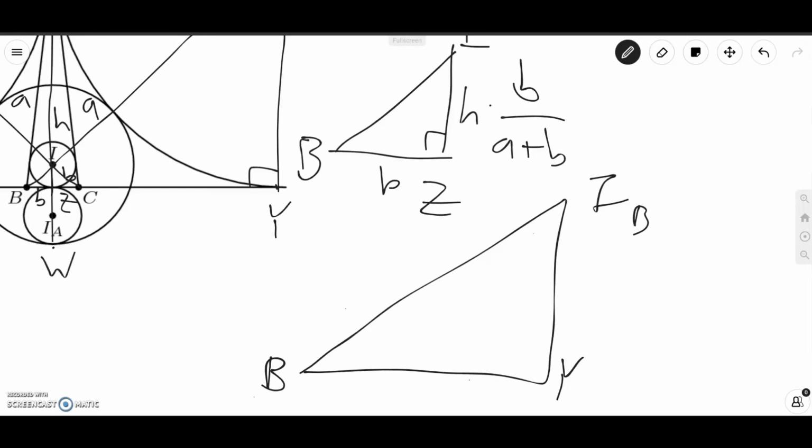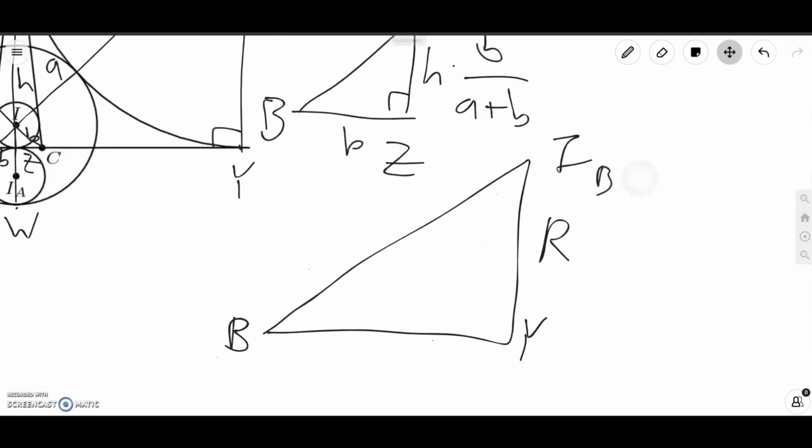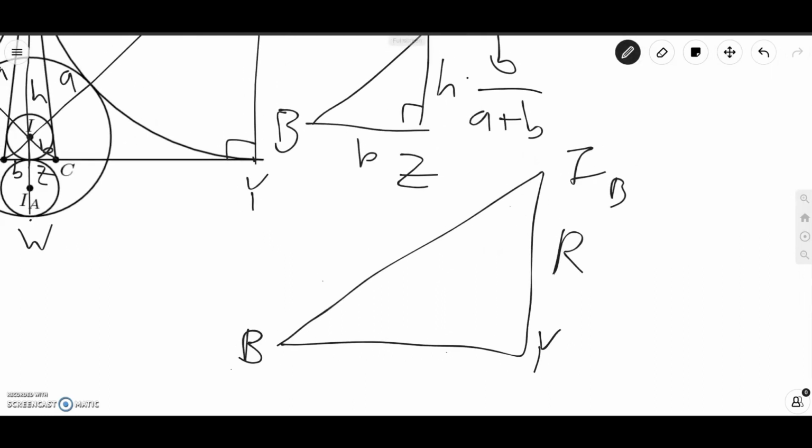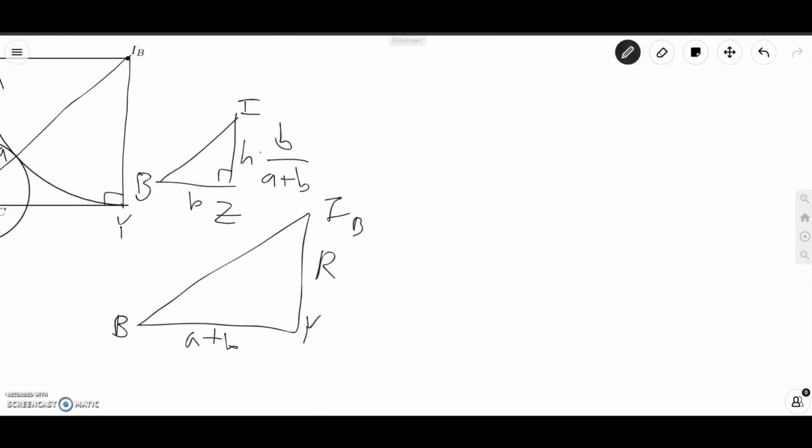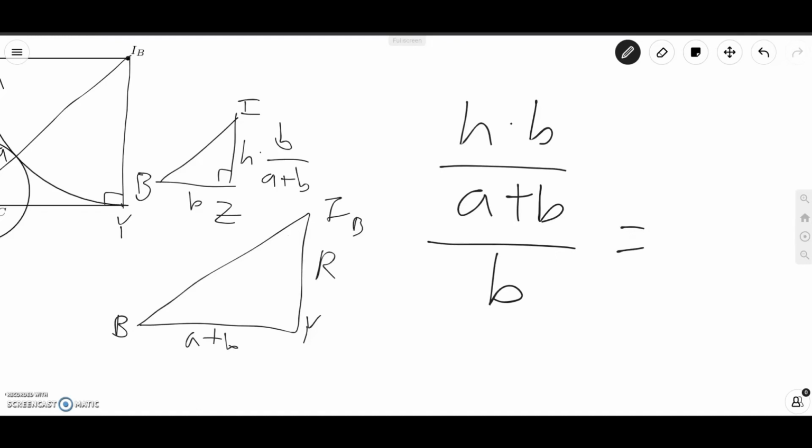So we want to find this length, which I'll call big R, and we know that this bottom length BY is equal to the semi-perimeter of triangle ABC, which is A plus B. So now we can break out similar triangles in order to find R. So what we have is that H times B over A plus B over B equals R over A plus B. So interestingly, this is from IZ over BZ